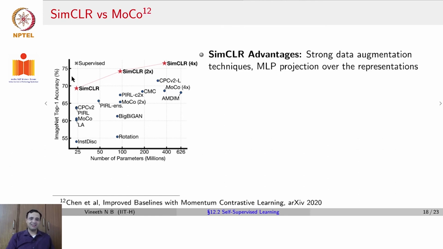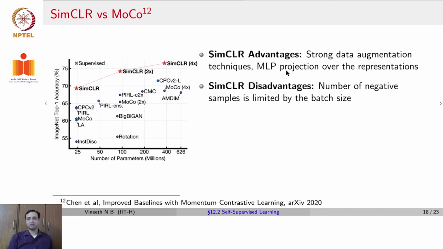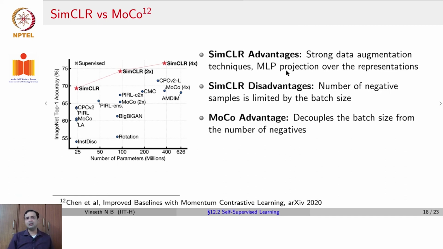SimCLR and MoCo are direct competitors, so one can compare the two. SimCLR has some advantages. It has strong data augmentation techniques and uses an MLP projection over the representation layer. So you have a Q or a G on top of F, which is your embedding network. However, one of the disadvantages of SimCLR is that the number of negative samples you have is limited by the batch size. In MoCo, that can be expanded to be a dictionary that's comprised of many mini batches of images. On the other hand, MoCo decouples the dictionary and the mini batch and thus allows more negative samples to help